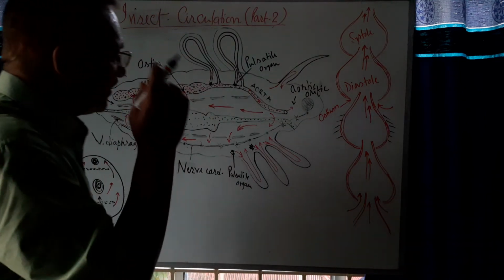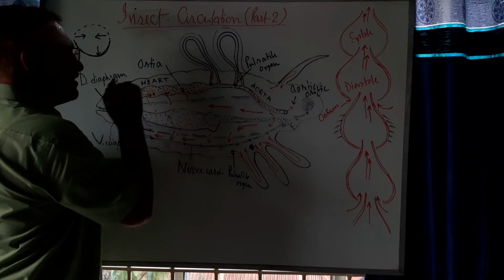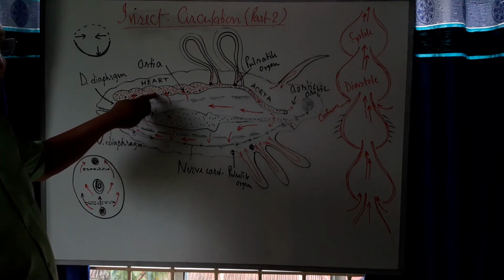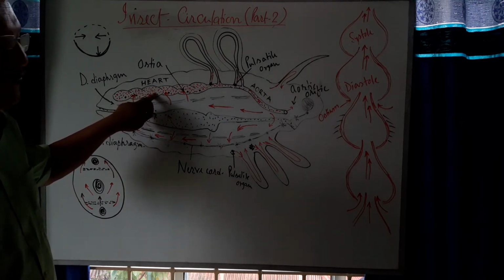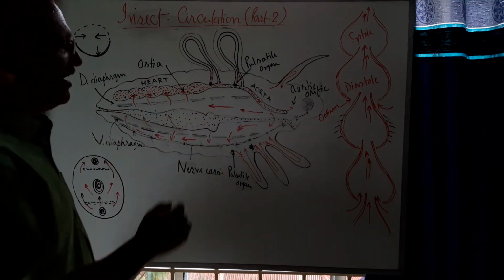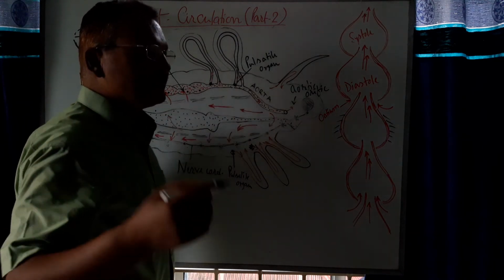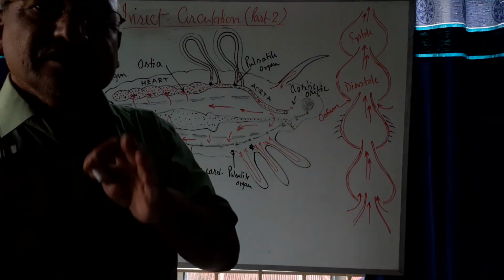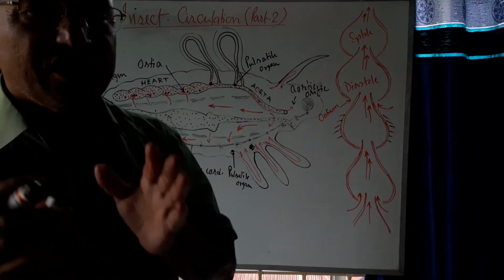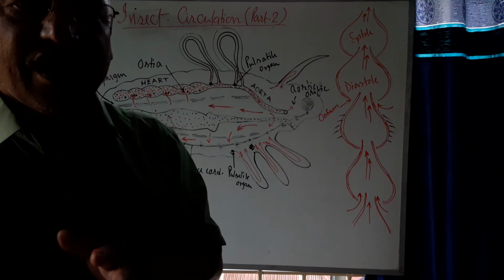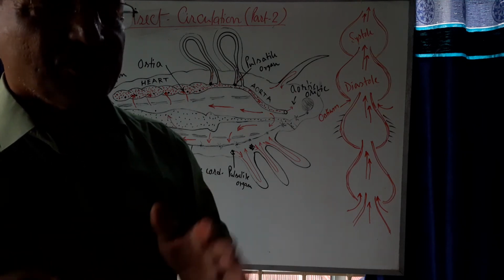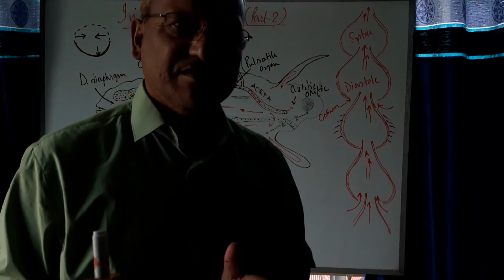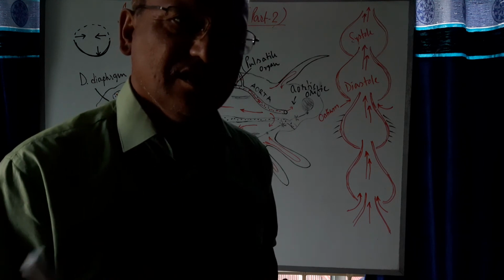Again, when the blood enters into the heart region of the dorsal vessel, this blood or hemolymph again moves from the posterior to anterior direction and is released in the cephalic region, and this cycle is repeated. This cycle is repeated due to the contraction and relaxation, or due to the systole and diastole of the heart. So it is called cardiac muscle. The next part of insect circulation I will discuss in the later class.